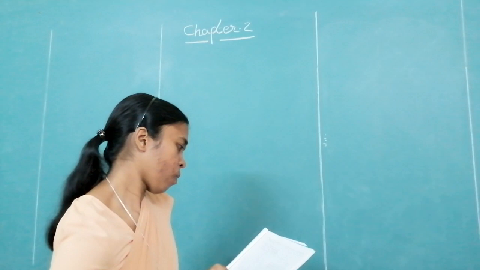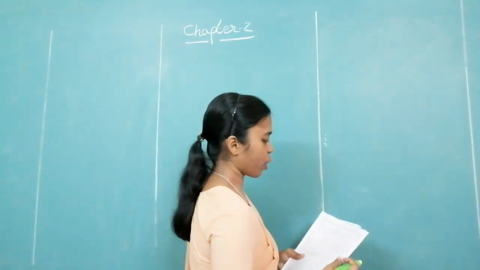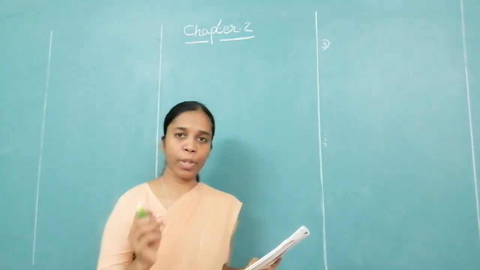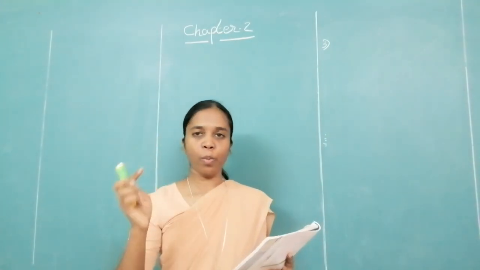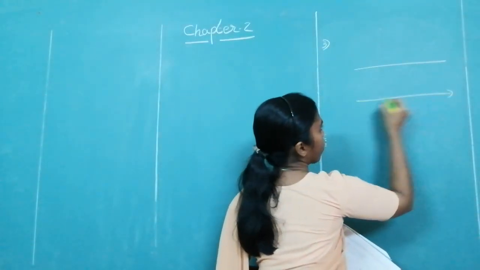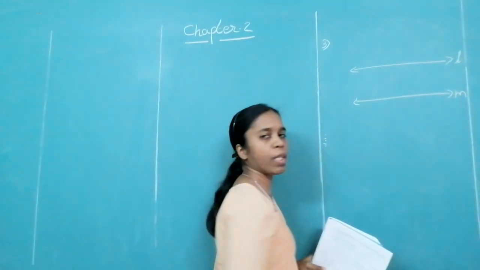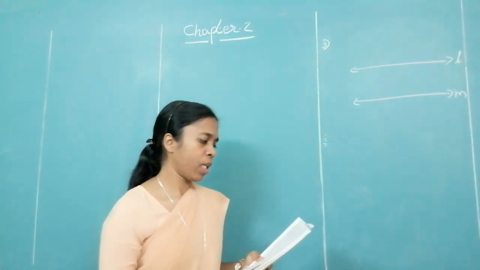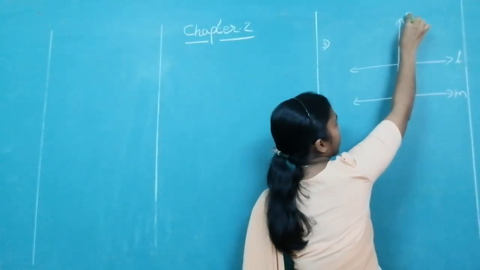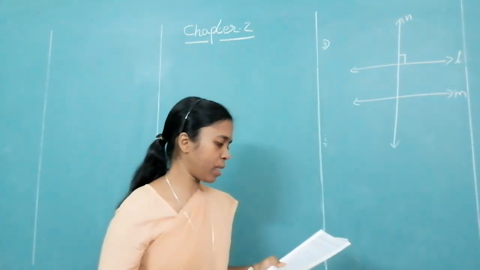Read the question. Prove that if a line is perpendicular to one of the two parallel lines, if one line is perpendicular to two parallel lines. So what you have first is two parallel lines. You have two lines which are parallel. I am naming them as L and M. These are parallel. Okay. Then you have a line which is perpendicular. Suppose this line is N, and this is perpendicular to L. That means I am giving it as 90 degree.